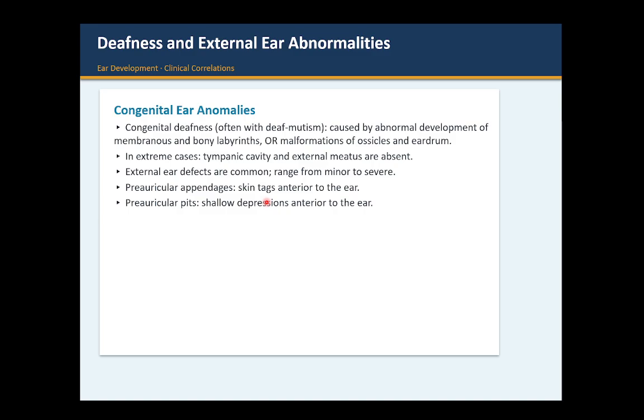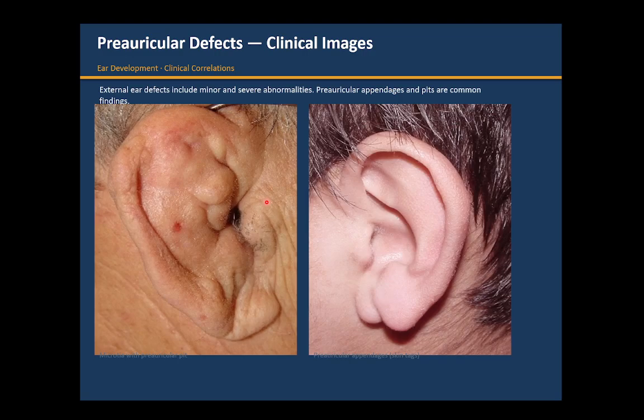External ear defects of the auricle are pretty common. You would see different deformed cartilages, which range from minor to severe. So you can have periauricular appendages, skin tags, anterior to the ear, and preauricular pits, depressions anterior to the ear. All these are the different types of abnormalities which you can see on the external ear. So you can see it here. You see these are appendages. See, this is an appendage,